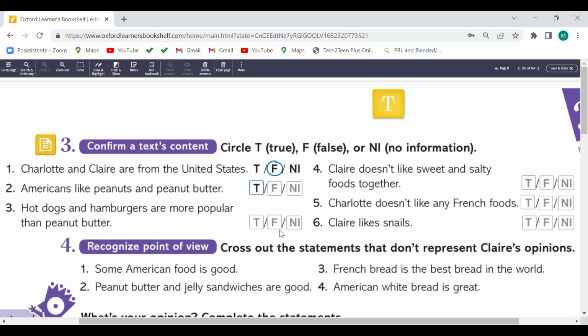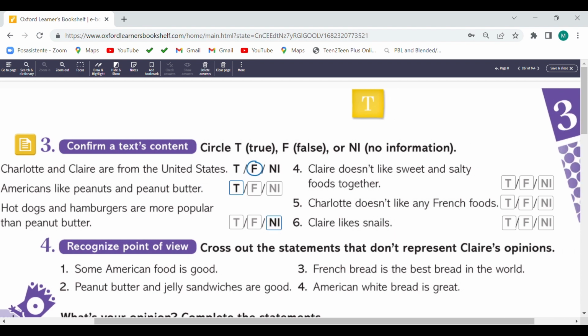No information. Number 4, Claire doesn't like sweet and salty foods together. True. Number 5, Charlotte doesn't like any French food. False. Number 6, Claire likes snails. No information.